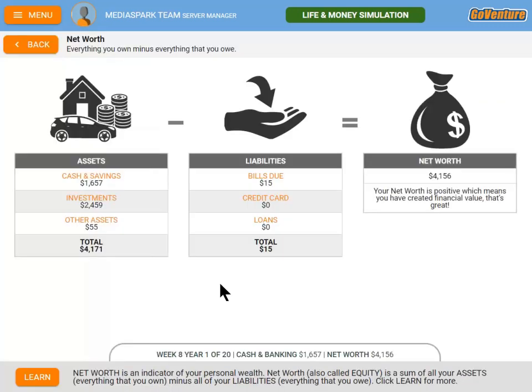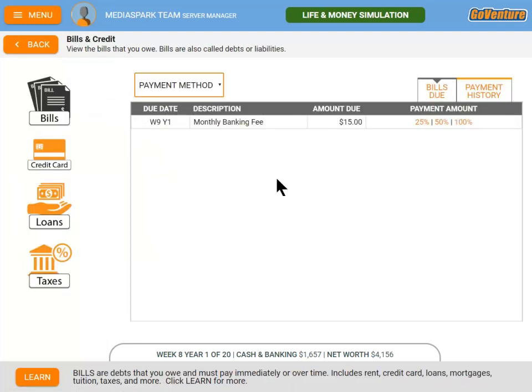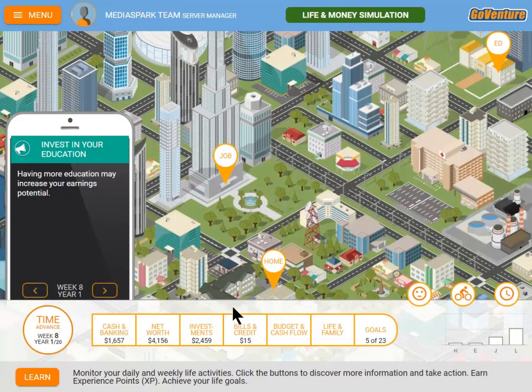We can look at our net worth. As part of your learning, you're going to learn what a net worth statement is, which is essentially assets minus liabilities. And the simulation automatically tracks your net worth in real time as you play. So it's a really great way to reference if your net worth is growing over time the way you hope and expect that it would. And you'll notice again, anything that's orange is clickable. So if I see here, wait a minute, I've got bills due, $15 worth, I can click on that and it takes me directly to the bills due section. But we'll go back and show you another way to get there.